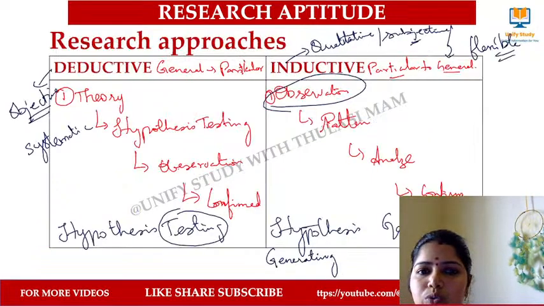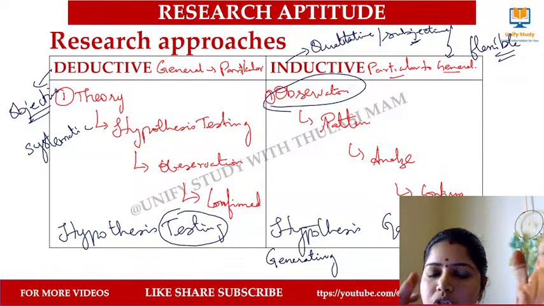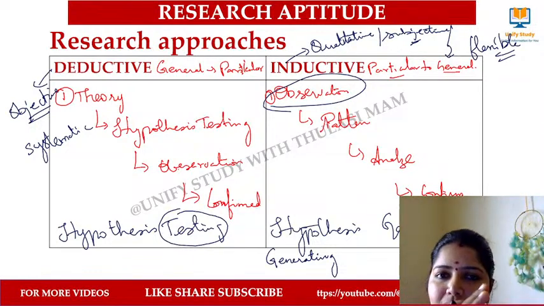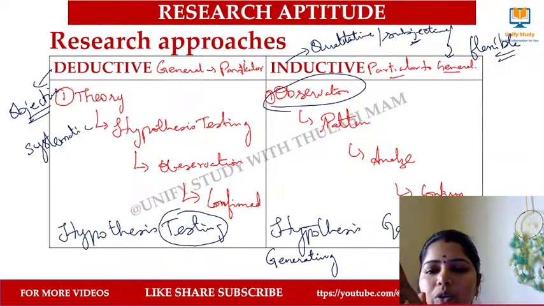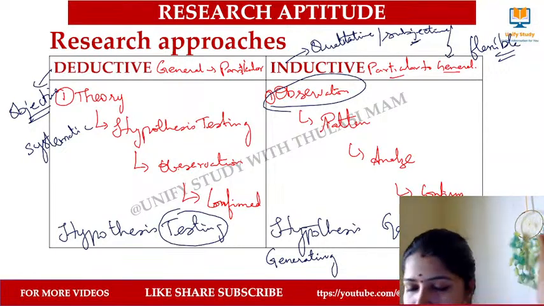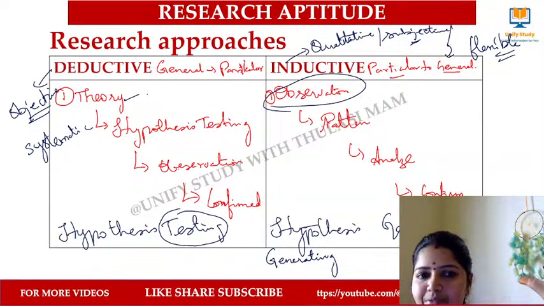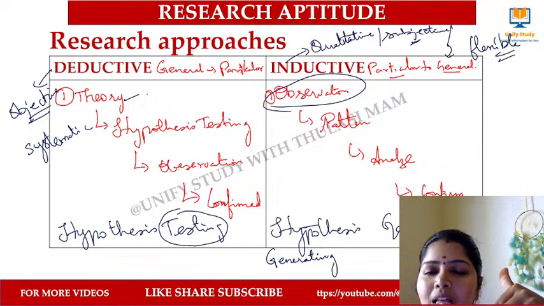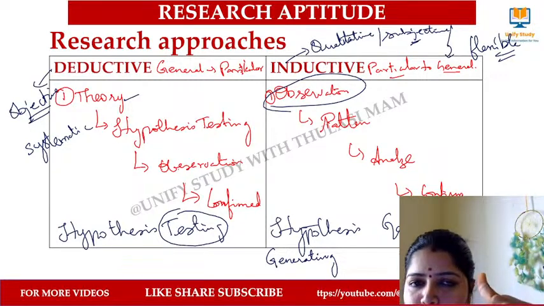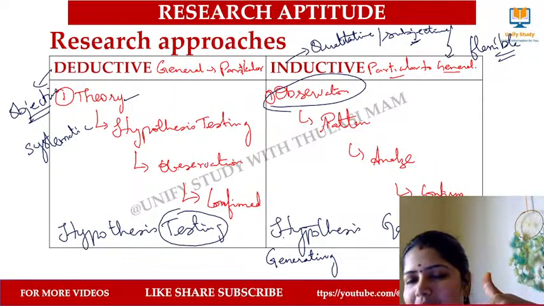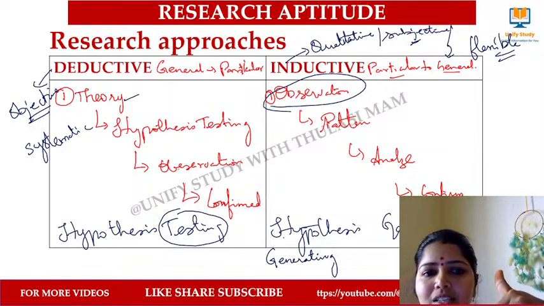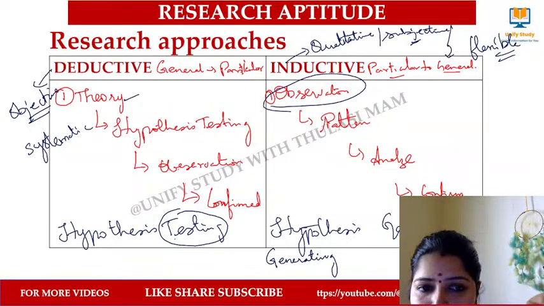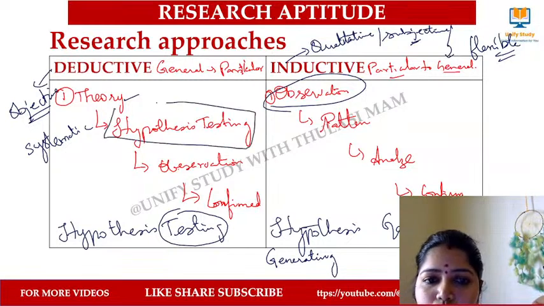So see, I'll just repeat these two things. Approaches, research approaches, deductive approach, inductive approach. Deductive approach means what? They move from general to particular, inductive particular to general. So it starts with a theory which has been already defined, and they work on the hypothesis whether it is true or false, it is applicable or not. That is hypothesis testing. And then they move towards an observation. They observe what all the things happen based on the theory, and they will confirm yes, it is true or it is false. That we call a deductive approach. And here they are testing the hypothesis whether it is true or false, and that we call deductive approach.